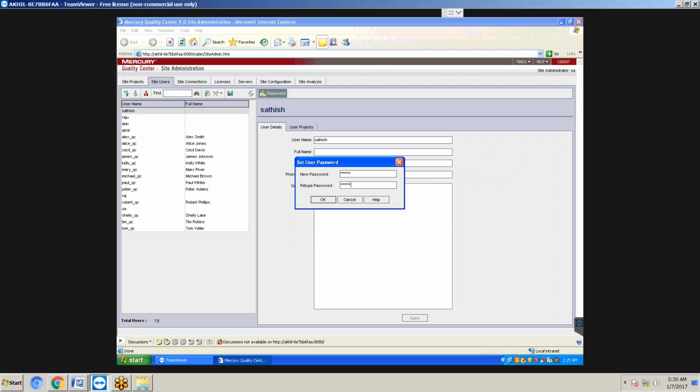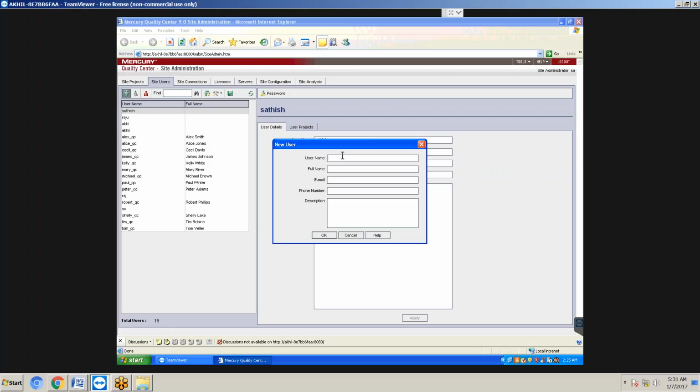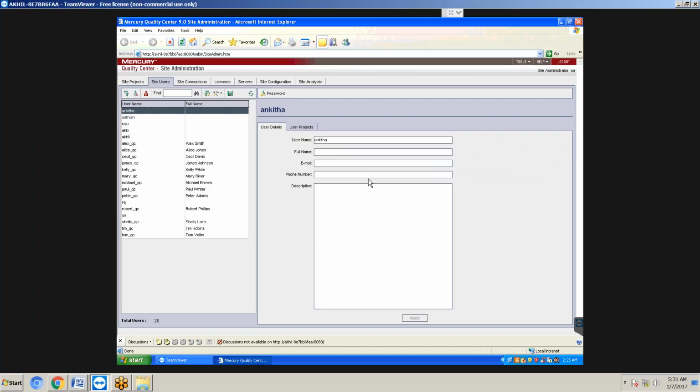In this project, these are the members, developers and testers, both will be there. Next user, Ankita. Password, the same, Ankita.